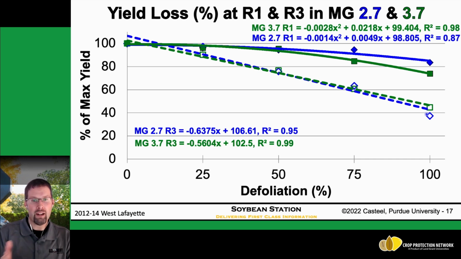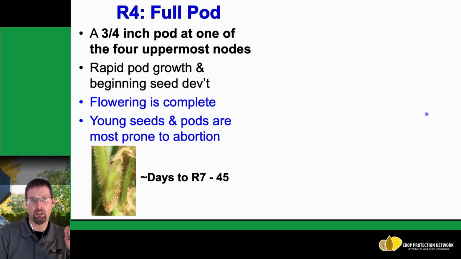So we did this at R1, R3, and naturally we wanted to say, okay, how's this changed? Some of the insurance graphs and tables that are out there, our numbers on this were a little bit stronger than what's out there, so we wanted to follow through to see if things have changed since those tables have been created. So at R4, I think, again, it's good to give us an idea of what we're talking about